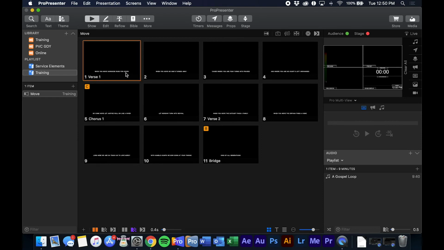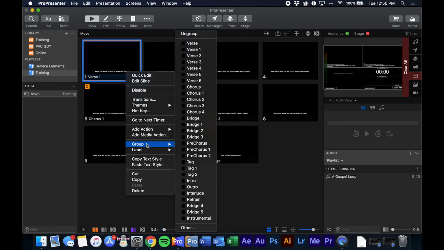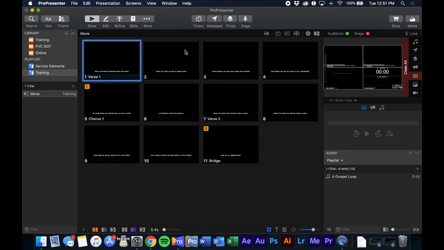We're going to right click it and we're going to go to groups. In groups, you should see a bunch of different labels for sequences of a song. Let's go ahead and select verse 1. It's a long song, dog. Cool. It's already set to verse 1, but the reason why we want to do this is sometimes we'll import